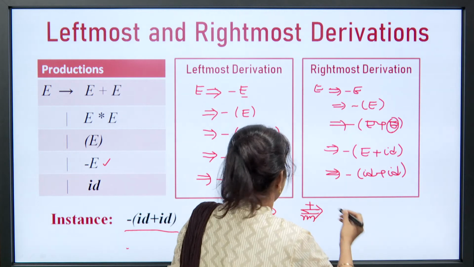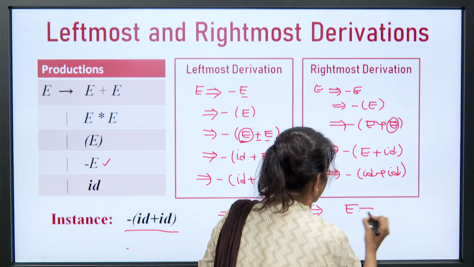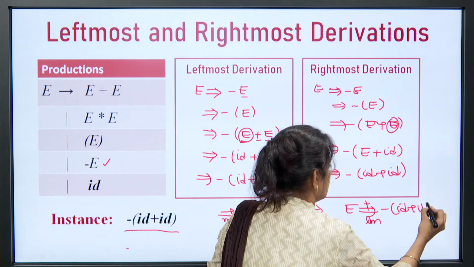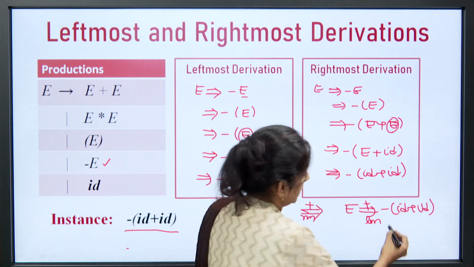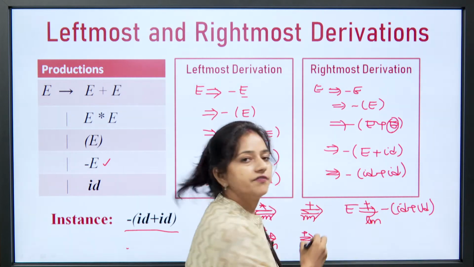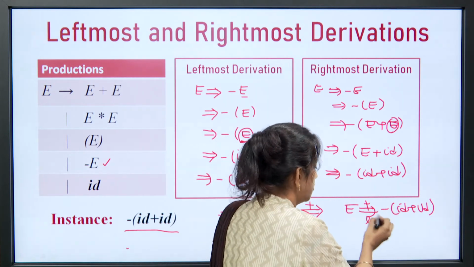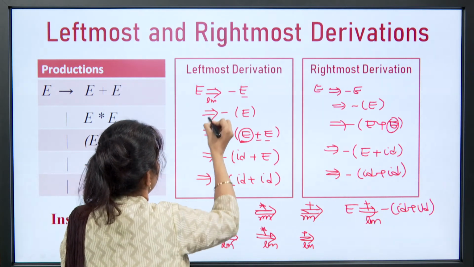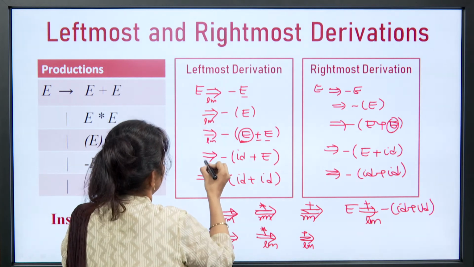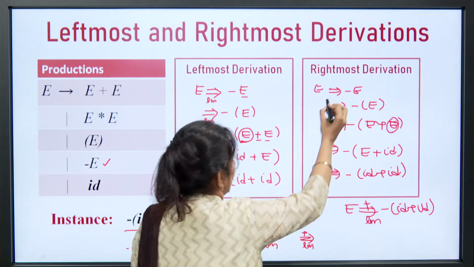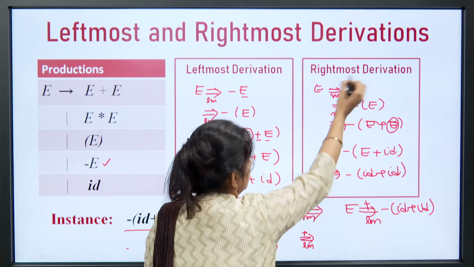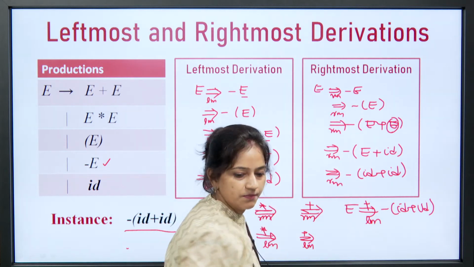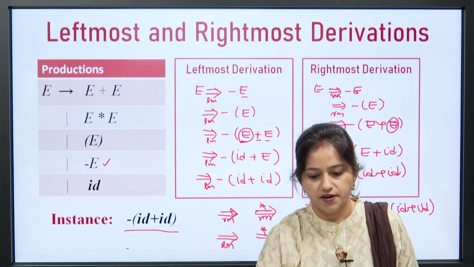This question can also be written like this one. So, what is the meaning here? Obtain this instance from the start symbol of the grammar using leftmost derivation. And to make it more clear, below the arrow we can write LM, and here we can write RM. But because at the top of the box we have made the entry of RM, it is obvious what we are doing over here.